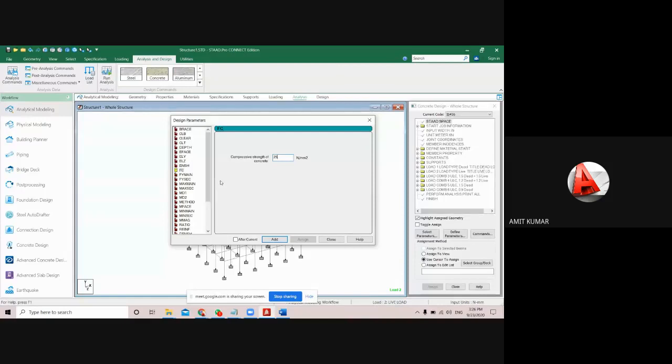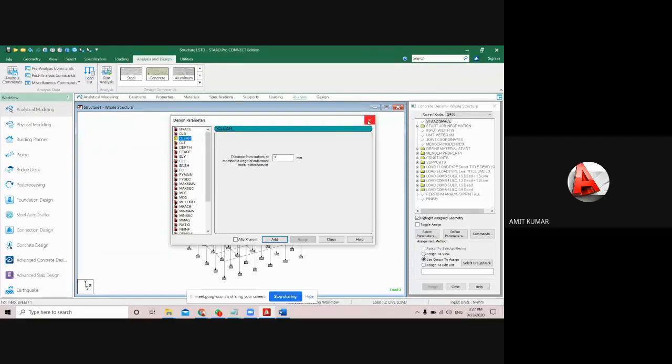That means the software will pick the default value from here. And if you want to change this cover value, like you want to create a 30 mm cover in the beam, in that case you have to provide the clear value of 30 mm directly. Otherwise software will pick 25 mm for the beam and 40 mm for the column automatically.